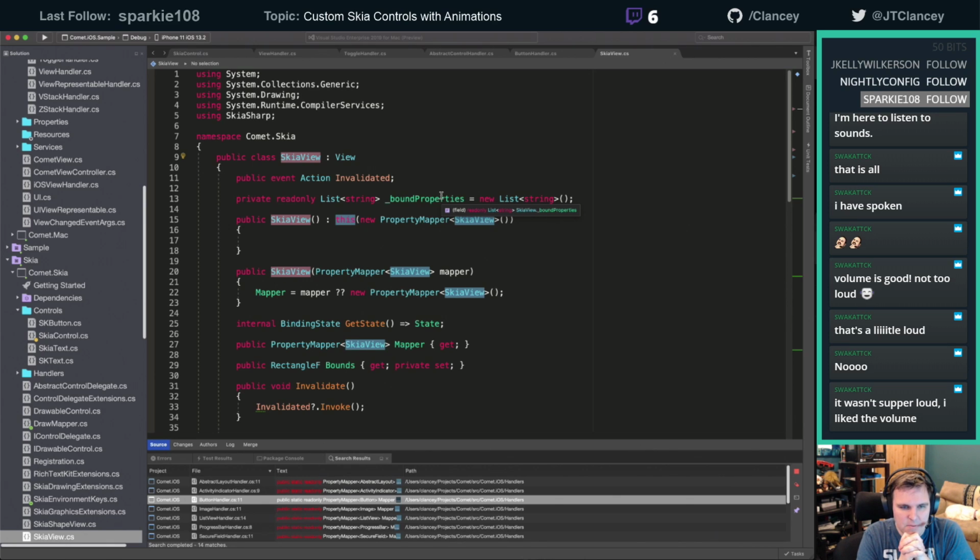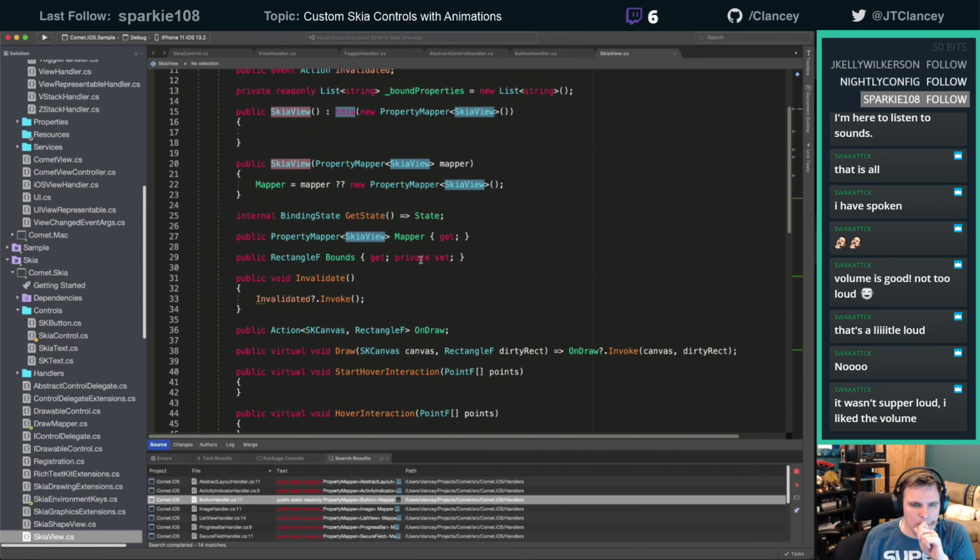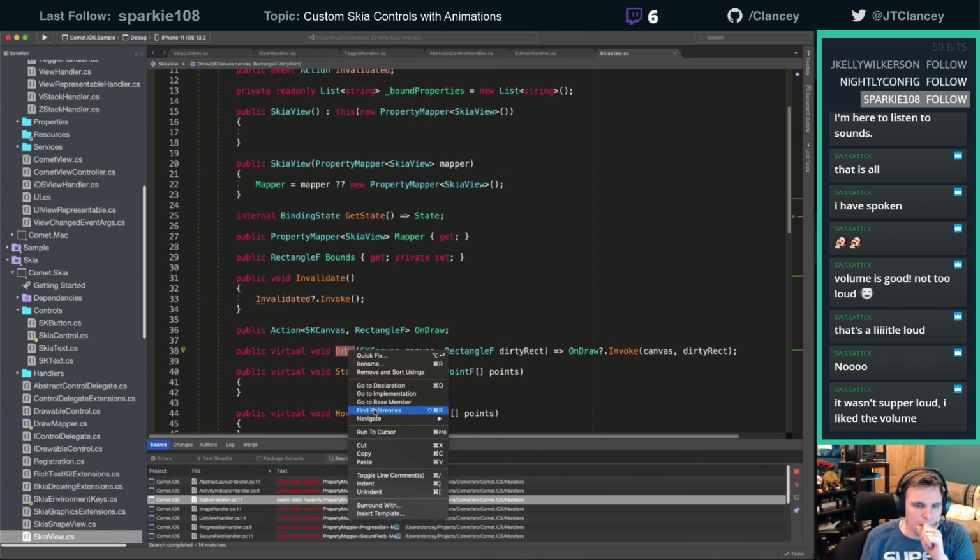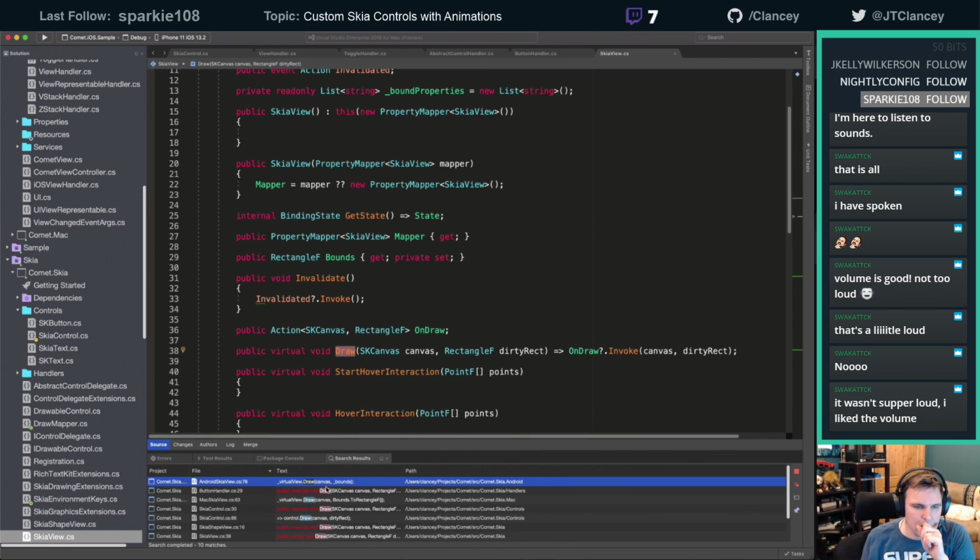And I don't know if that mapper stuff there is right. It might be. Let's look how it does its draw. Where's this get called from? Skia View calls virtualView.draw. So maybe this shouldn't be public. Virtual. This will break things, but I think it's fine to break things at this point of our thing. So what we'll do